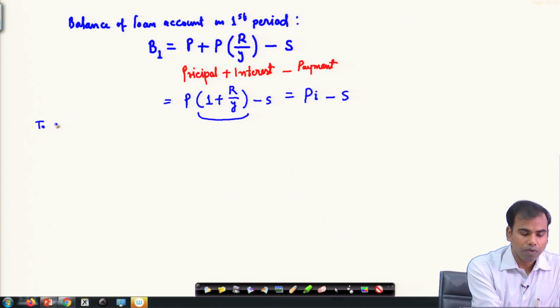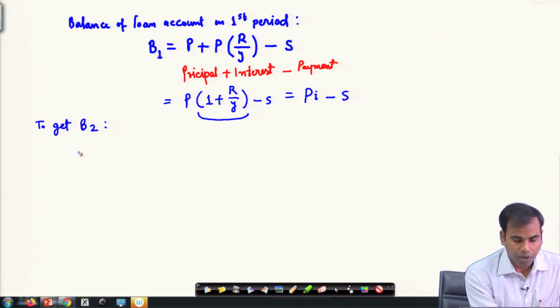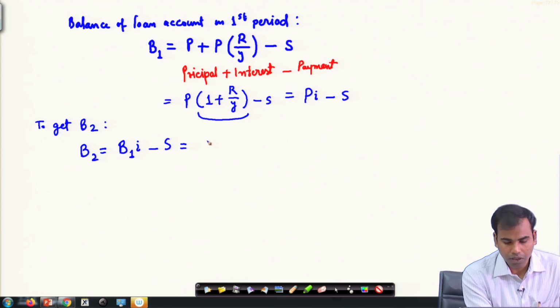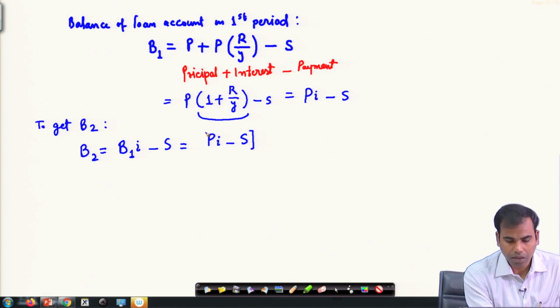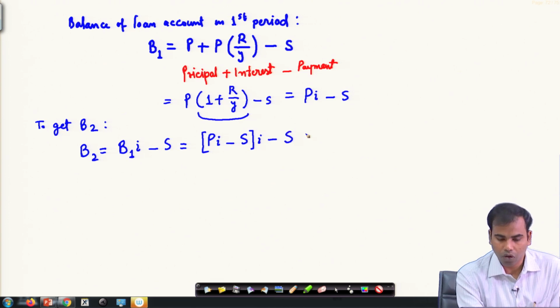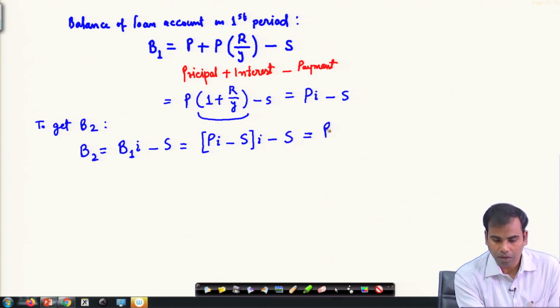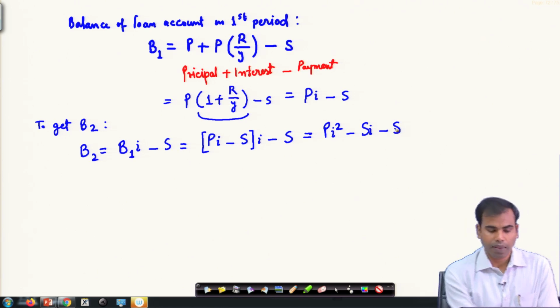To go to the next level, so basically to get B2, we get B2 is B1 into (I minus S), which is nothing but (PI minus S) into (I minus S), or we can also write this as PI squared minus SI minus S. Similarly,